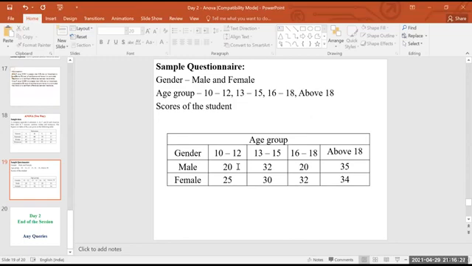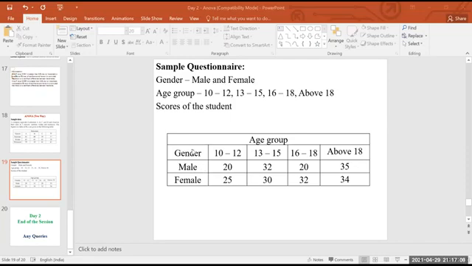So when you are collecting the data, or when your questionnaire consists of this kind of variables or factors with 2 different categories or 3 different categories, a categorical variable, you can do one-way and two-way analysis. But ensure that for one-way analysis, there is one dependent and one independent variable with the categorical variable. Whereas in two-way ANOVA, both the variables should have categories. They need not have the same number of categories. One variable can have 2 or 3, another variable can have 4 or 5. It depends upon them.